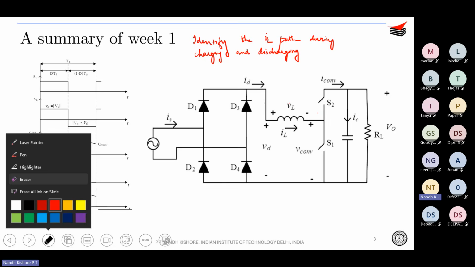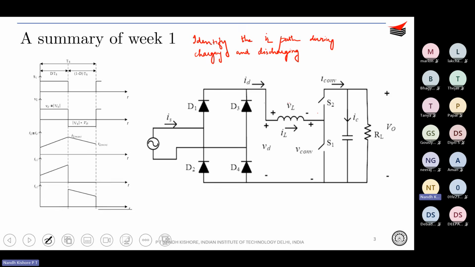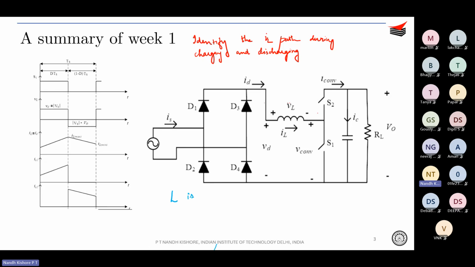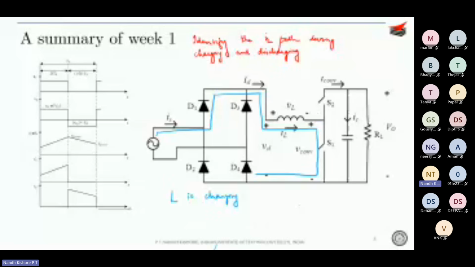During the inductor charging part, when your L is charging, you start from over here. You go like this through D1. Your S1 is on basically. You come back through D4 and back to the source. So just identify the path, and once you know the path, you can always find out what VL is. VL is basically